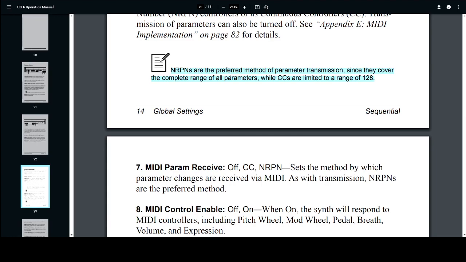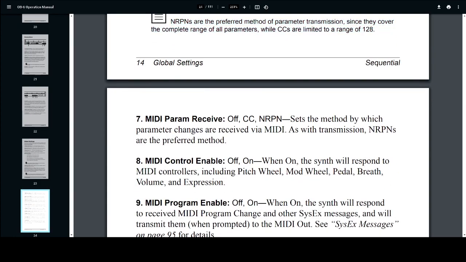Now we're at 7, MIDI parameter receive. I have this on pretty much all the time, unless I have some external sequencer or I'm plugged into some friend's computer where I don't know what they have going in the background. But I have this on usually. This is just whether or not the Rev2 will receive CC or NRPN via MIDI